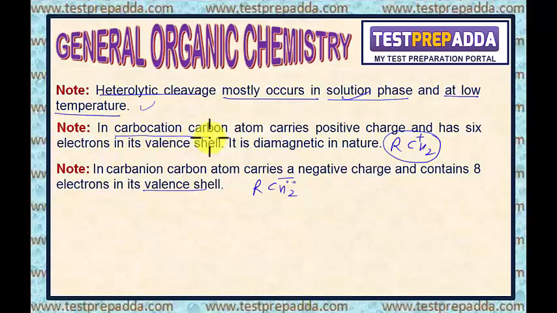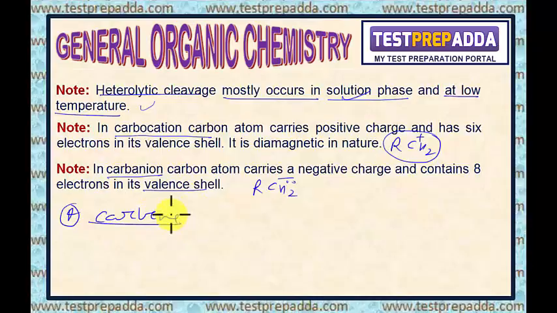If I compare carbocation and carbanion with free radical, free radical is electrically neutral trivalent carbon species and contains unpaired electrons. So free radical is actually paramagnetic in nature, and all these intermediates are highly unstable. Dear students, we will talk about the stabilities, structures of carbocation, carbanion and free radicals later on. But two more intermediates we can get in the organic reactions, that are